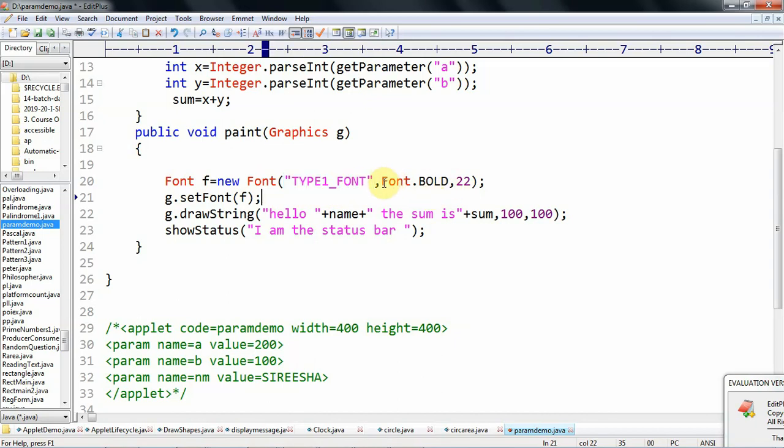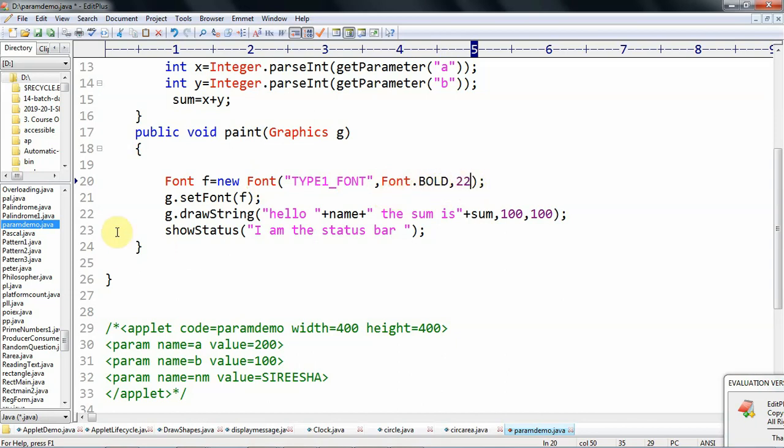Then font style, such as bold, italic or underline, and then font size. So the Font constructor takes 3 parameters: font name, here Type1.font, font style, Font.BOLD, and font size 22.